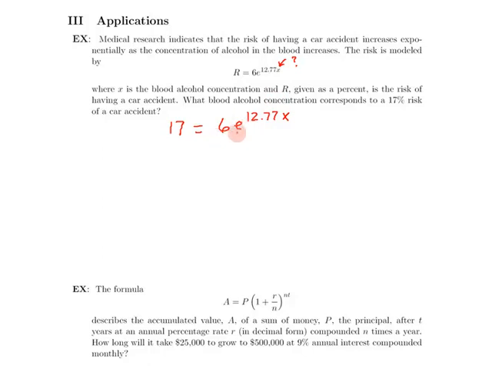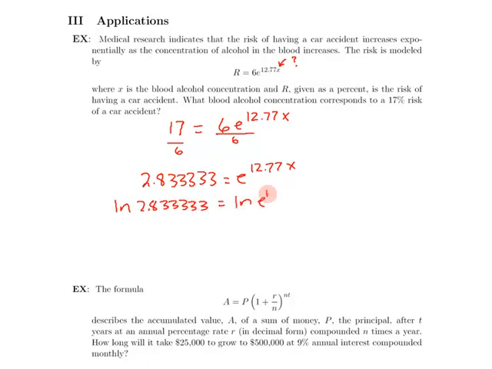What we're going to do is get the exponential by itself, so divide both sides by 6. 17 divided by 6 is 2.8333. I recommend going several decimal places anytime you're working with logarithms for accuracy's sake. Now I'm going to take the natural log of both sides. Natural log of e to the 12.77x. Okay, remember over here this is going to cancel out. I take the natural log of this, I get 1.40145 is equal to 12.77x. If I divide both sides by 12.77,